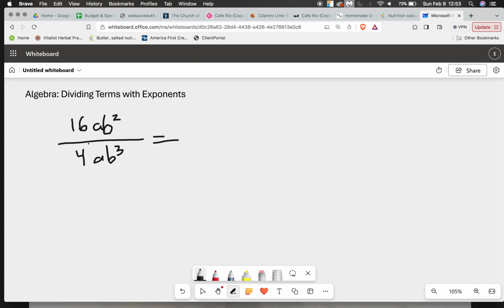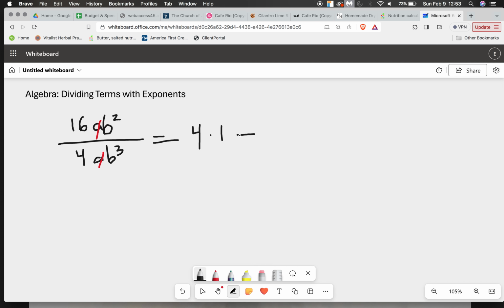Alright, so to solve this problem, remember, let's just start with the numbers. So 16 divided by 4, well, 4 goes into 16 4 times, so that's pretty simple. Now looking at our first set of factors, a and a, we only have one a on the top and one a on the bottom. So a divided by a is 1. Those ones cancel out. We could write in our imaginary 1 if we want to. We'd be like 4 times 1. Okay, and then in this one, let's do the b's. B squared and b cubed. So 3 minus 2 is 1. So that means on the bottom we're going to have,